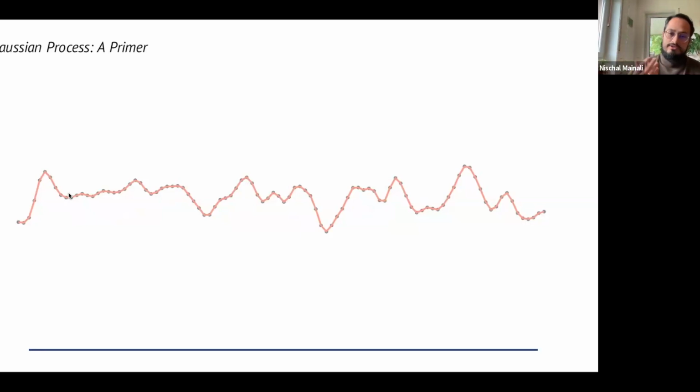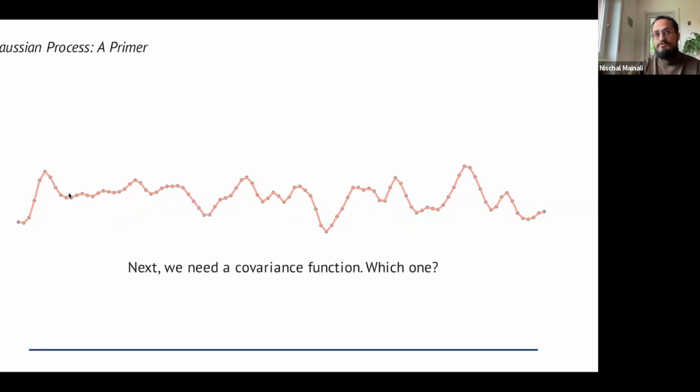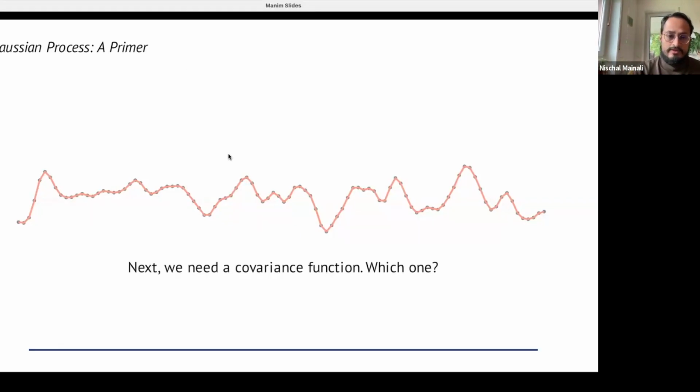Now, similar to a Gaussian distribution in the 1D or multivariate case, a Gaussian process, which is a random function, also needs two things for its definition: a mean function and a covariance function. For us, the mean function is a constant and not important, and I'll explain in a bit why it's not important. But what's more important is the covariance function. And the question is which one? One can come up with various choices for a covariance function for a Gaussian process. Here we have this nice property for our model and the kind of things we're interested in,